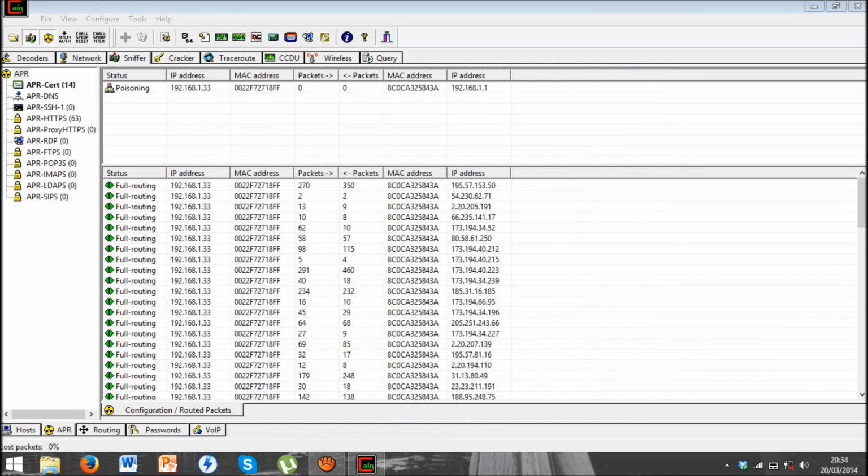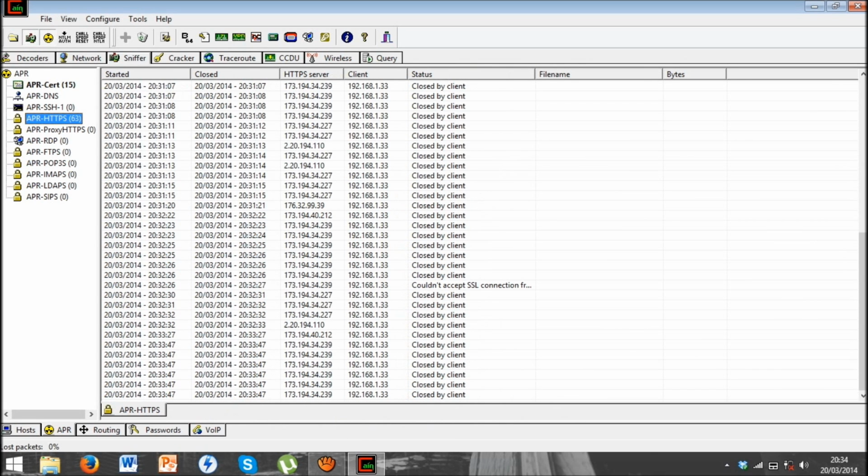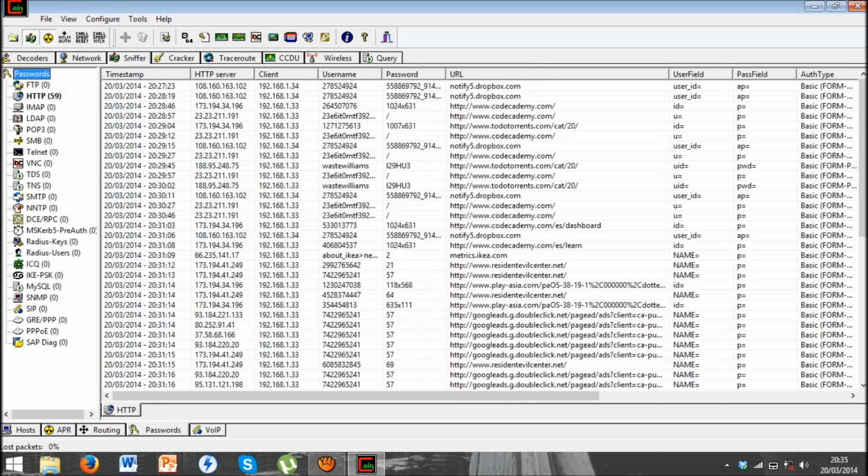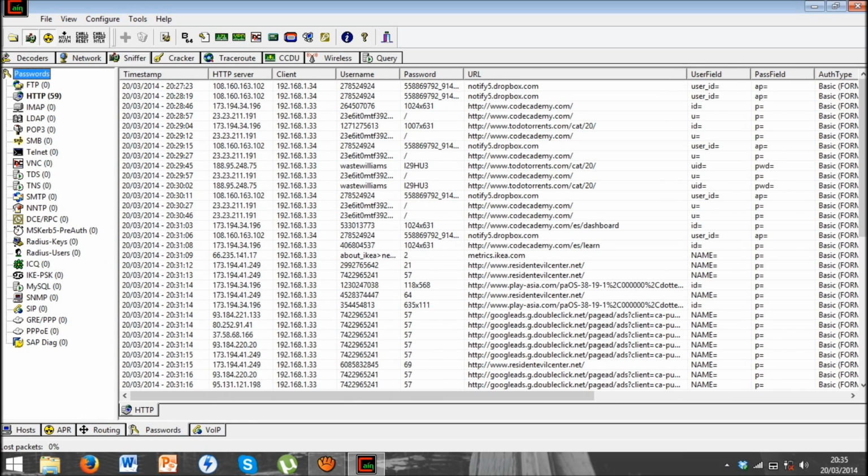In the picture which you can see, when it is green, the process is finished. Now you can observe on your screen all the pages that the computer has visited in the last hours. If you want to see it correctly, you must make a click on the button APR8TTPS. At the end of the page, you can see a button which says Password. Make a click on it.